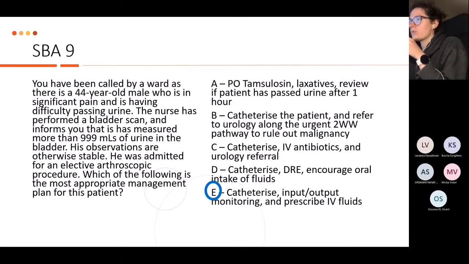And if you're getting up to, I don't know, 750, 800 mils to 1 litre, then you probably want to give them IV fluids. Well, you definitely want to give them IV fluids, and keep an eye on how much fluid is coming out, because what can happen is a post-obstructive diuresis, and then a severe AKI, and then you're running into other problems.